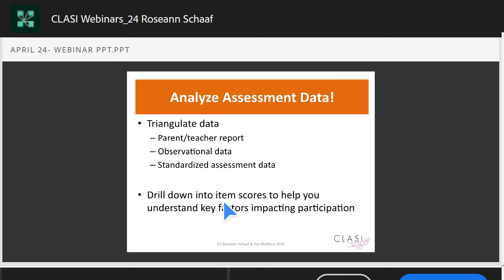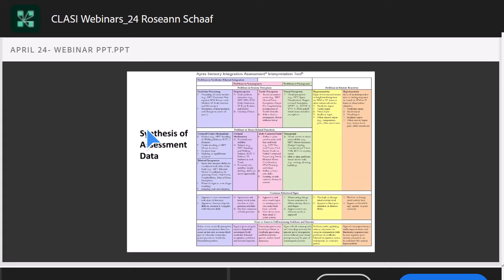And then also up here, I talk about triangulation of data. What that means is taking your data from several sources and seeing what the common themes are. So you want to, again, think about what the parent or the teacher has told you about the child. What have your observations told you? And then what is the standardized assessment data telling you? And then together, you analyze that assessment data and go on to the next step, which is generating hypotheses, which